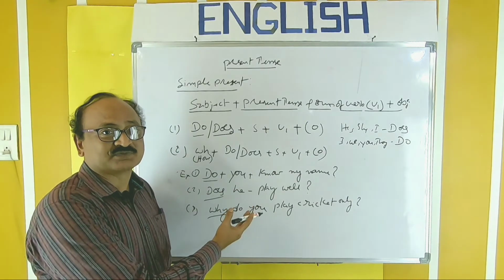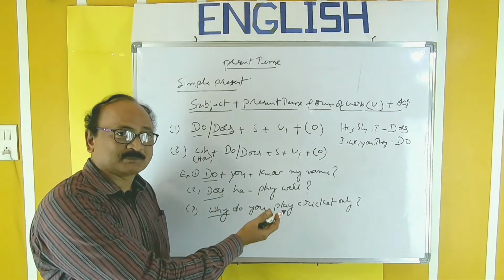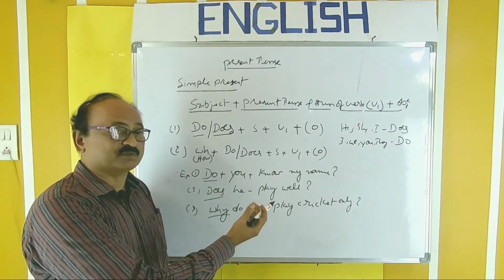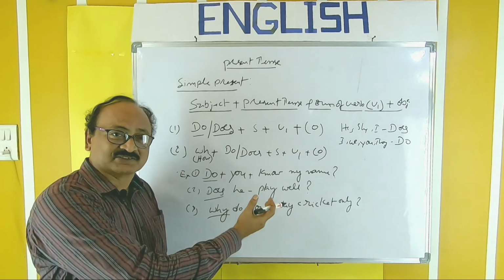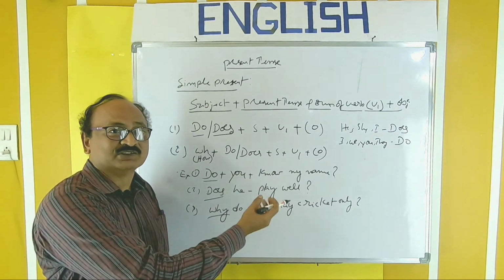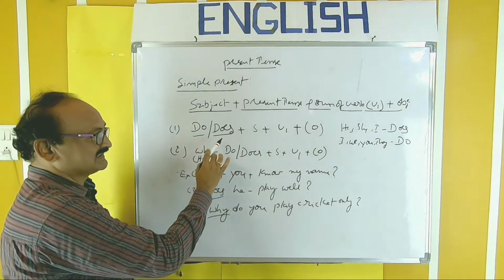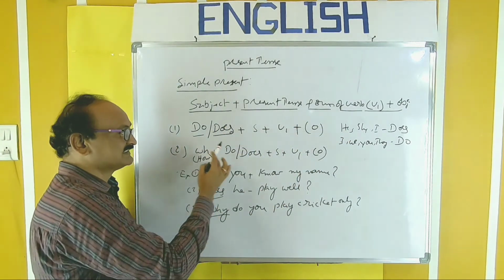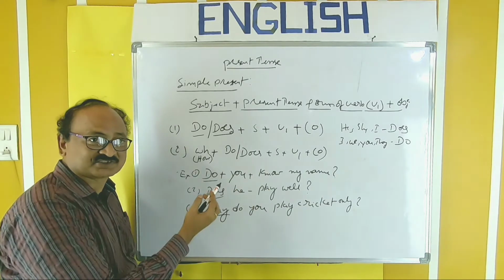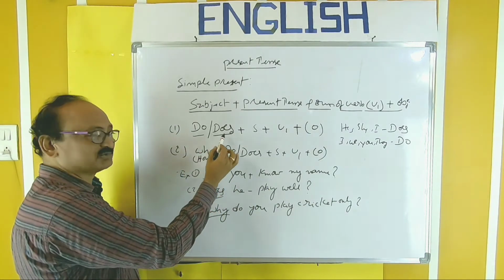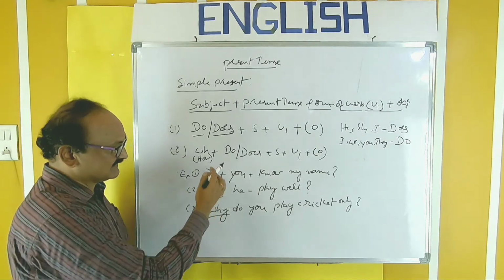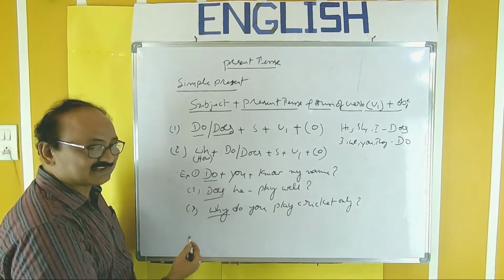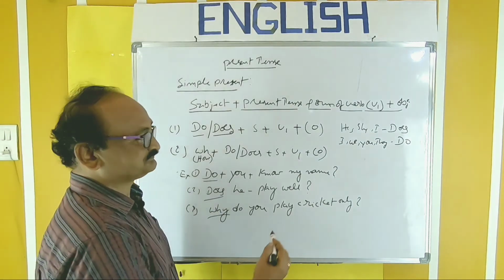In this way you have to frame sentences. You have to practice a lot if you want to be thorough with the things. And if you want to use all these things in your day-to-day language, you need a lot of practice. So look here, do or does, same structure. Once you are thorough with the structure, you can easily frame an interrogative, that is a question. And of course, questions are two types, do or does and WH question. And you can frame these sentences like this also.